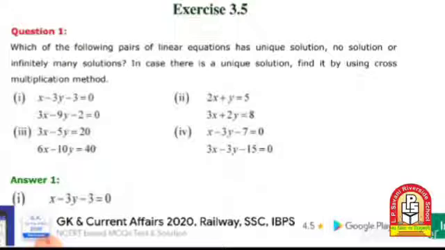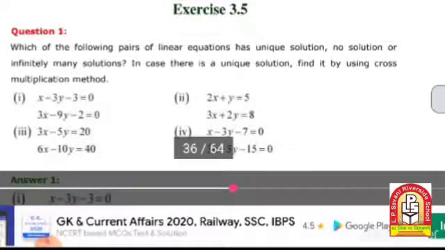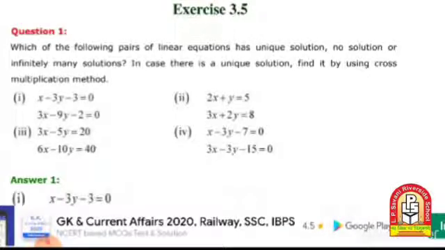So you must have good knowledge and good practice of the graphical method, then the substitution method, then the subtraction method, and then cross multiplication. These four methods are most important, and one or two examples of this chapter will definitely be in the exam. The board exam will ask this kind of question also. So be prepared mentally that you have to do these four methods perfectly.